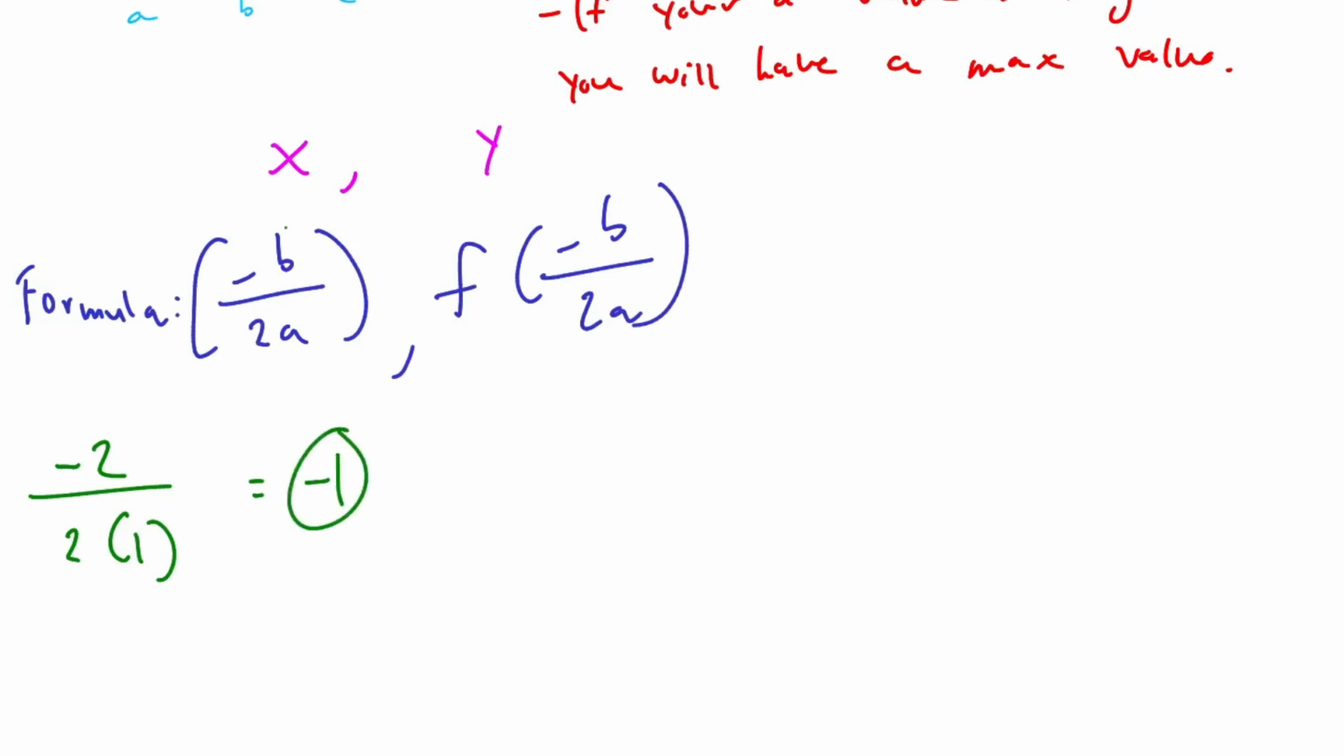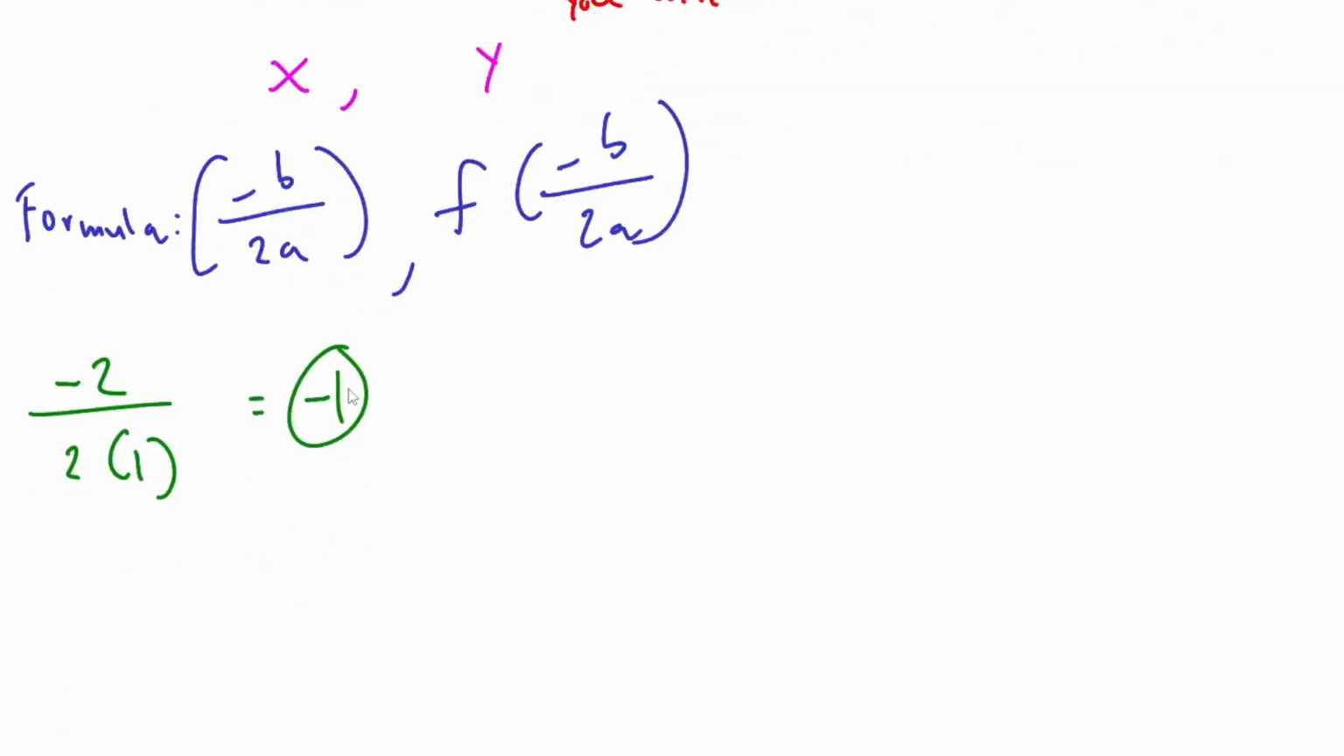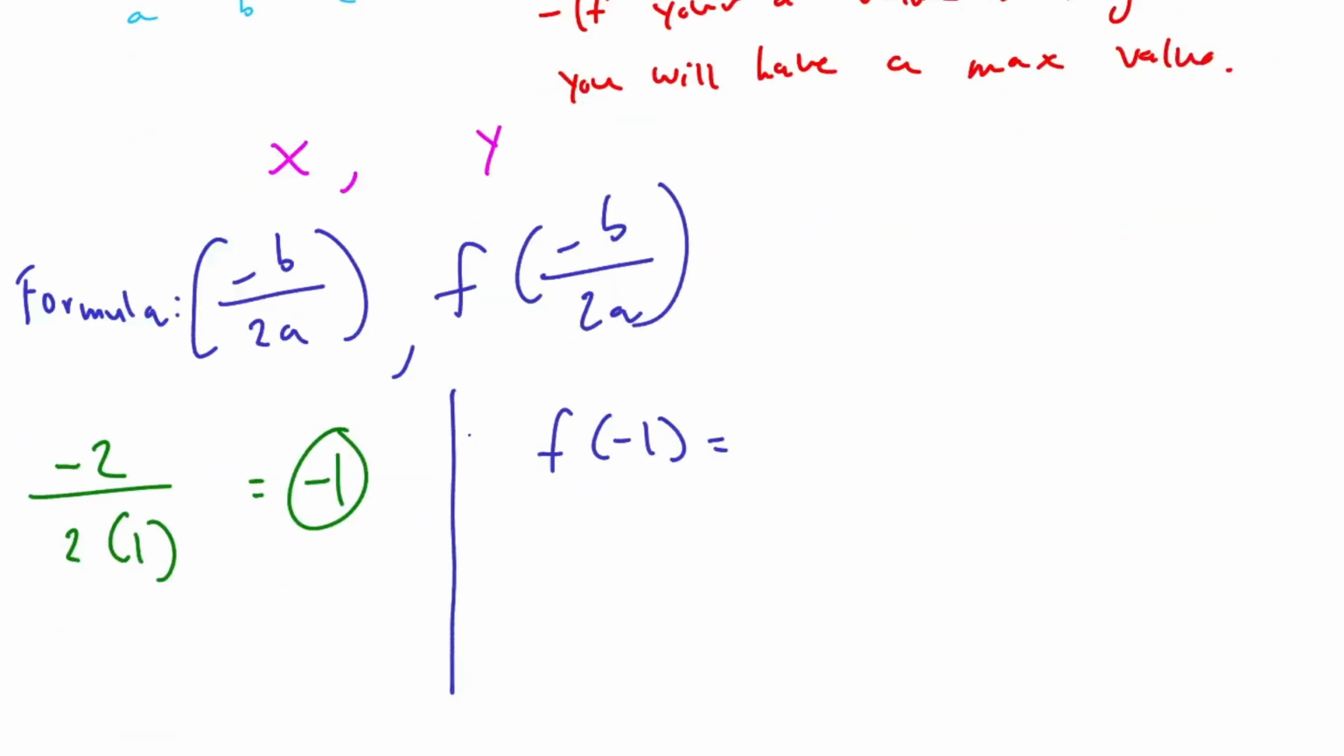Now we need to find our y value here. What are we going to do in this case? We're just going to plug my minus 1 into my function over here. I'll just put f of x here to show that it's f of x. So I'm going to plug my minus 1 into my function, so it would be f of minus 1. F of minus 1 is equal to negative 1 squared,